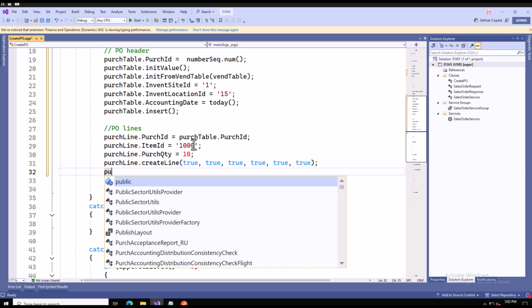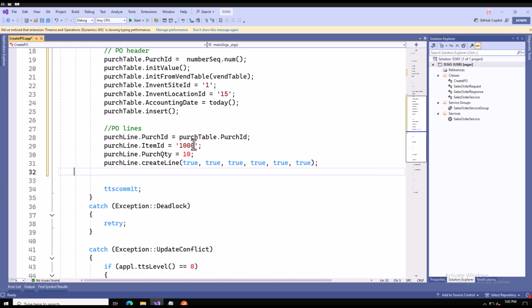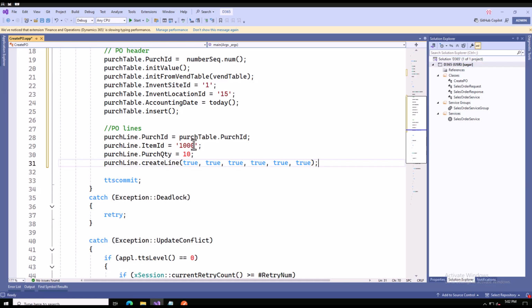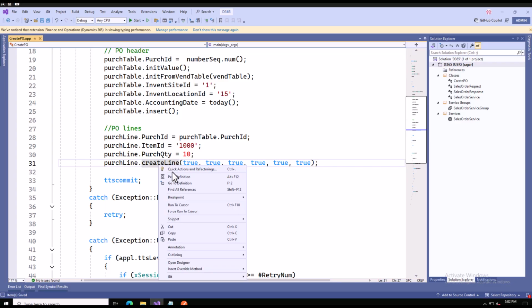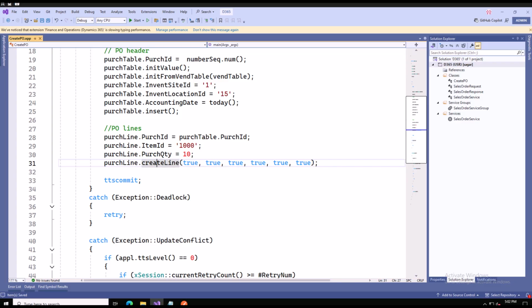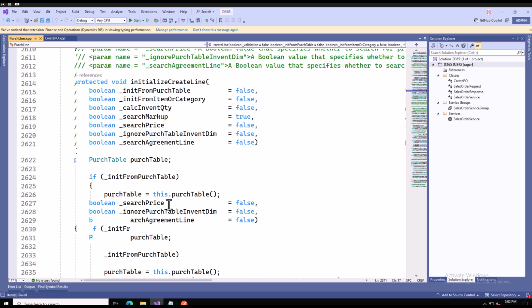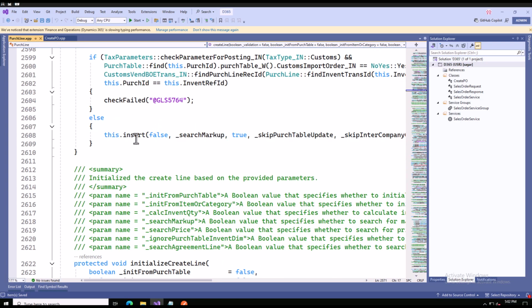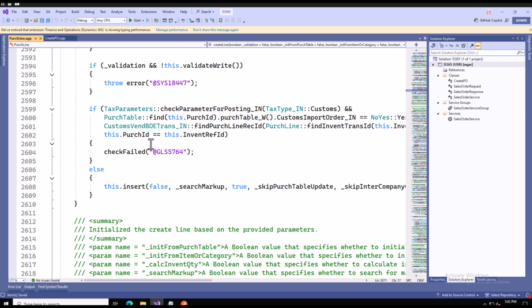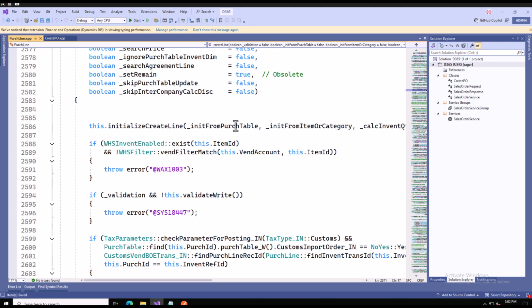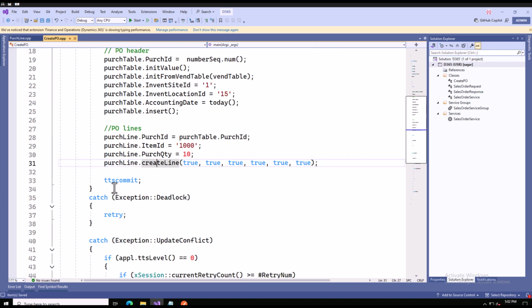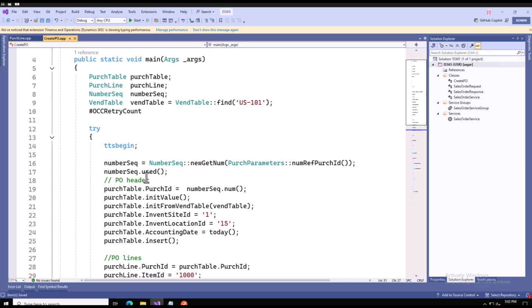So let me put space here. So if you'll open this function, let me go here. Alright, so here if you see all the insert and everything will be done here automatically. So it will do all the validation. Okay, so I don't need to now again explicitly call my insert. So once all this will be ready, then